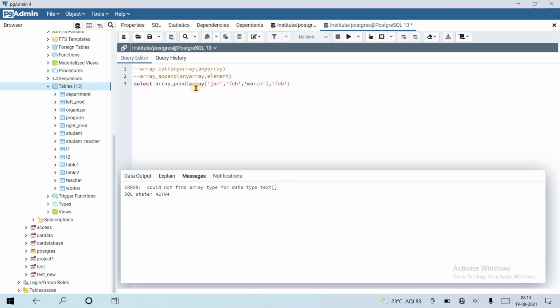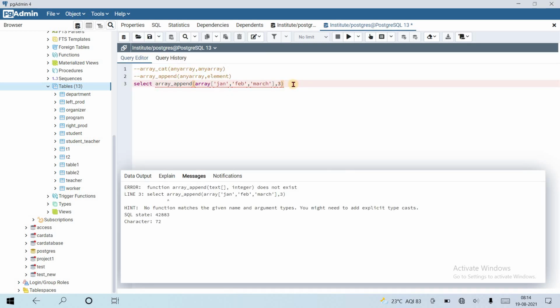So it will give an error something like this one, but the error is different. Okay, let's see. But with the help of an array function we can add an integer value inside the string array. Yes, no, we can't. So the function array append does not exist, so we have provided an invalid input to this. Okay, switch this element to before and use this array prepend function. Let's see if it's going to happen or not.